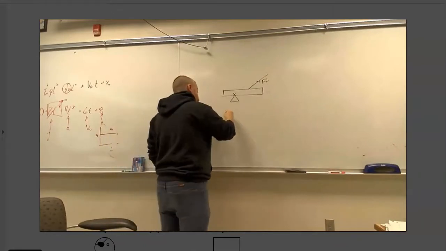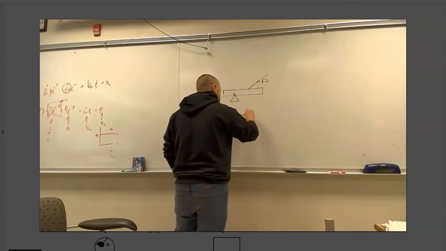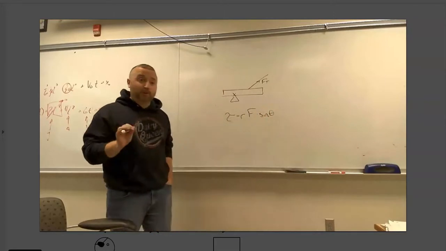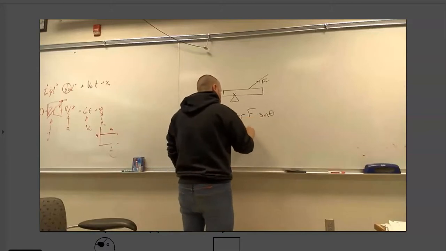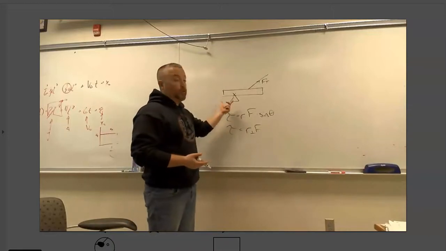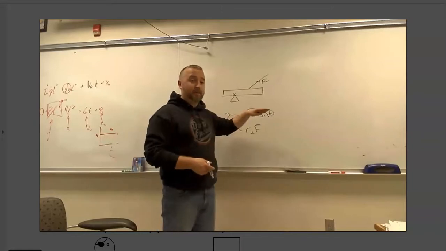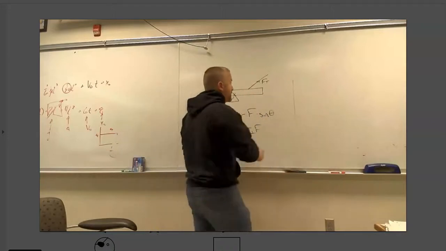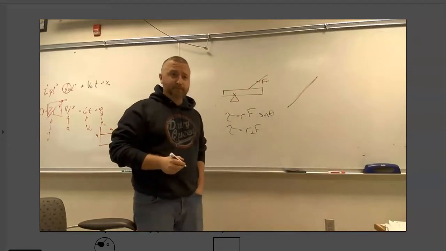When we go to try to find torque, okay, we have a generic equation of lever arm times the size of the force times sine theta. And specifically, what I wanted to point out is that the point of the sine theta is because torque is lever arm that is perpendicular to force. Now, when we've been doing this, a lot of our bridges or whatever object have been horizontal. Okay. Now, you could do this, of course, with something being vertical. We haven't done too many problems like that. And there's a handful of problems that you guys have done where the bridge is, in fact, already at a